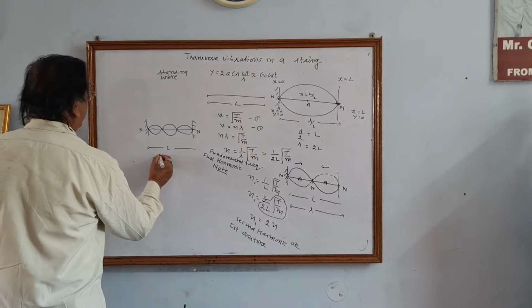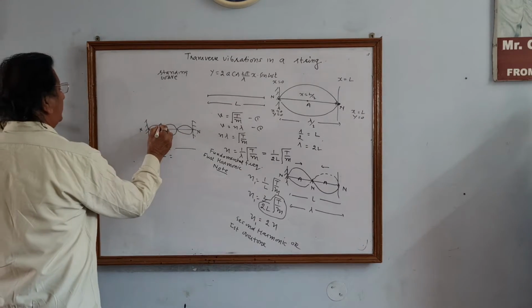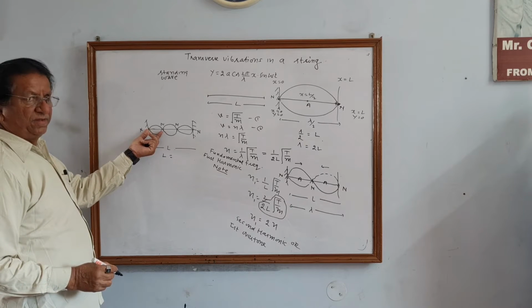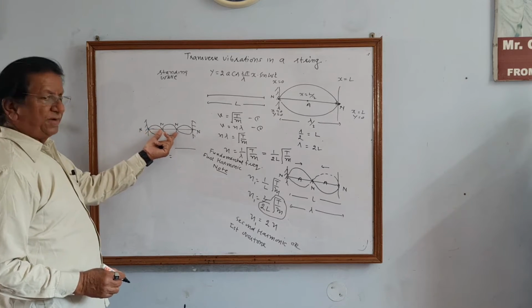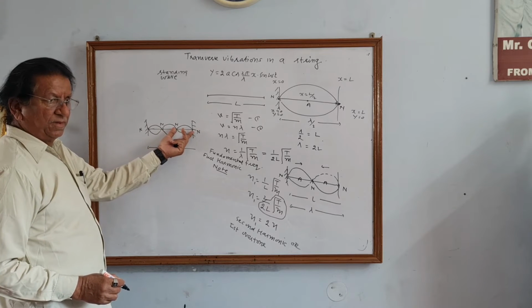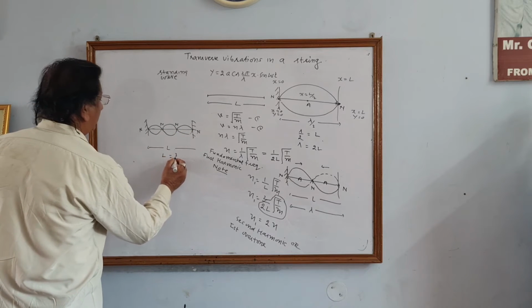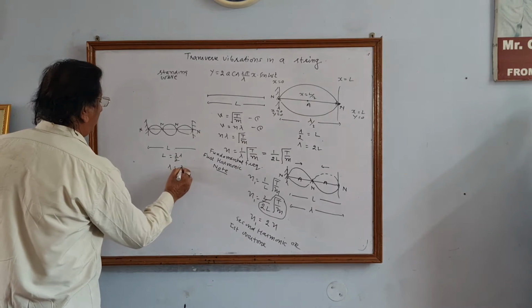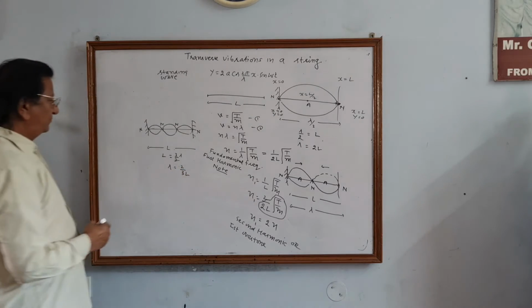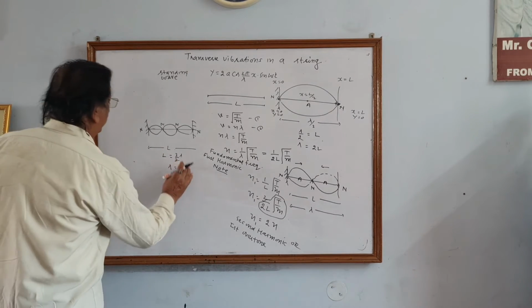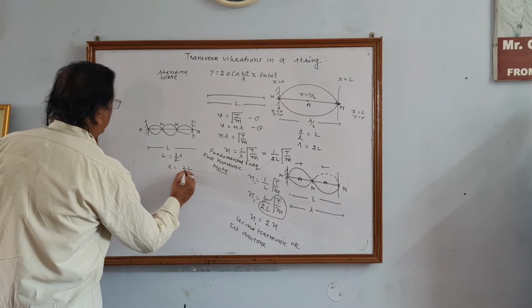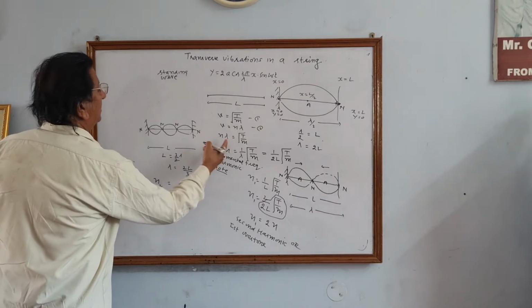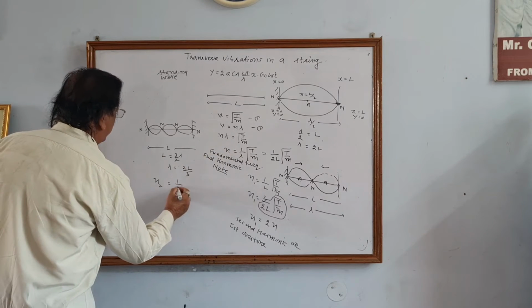In this case, what will L be equal to? This is a node, this is also a node. Between two consecutive nodes, the separation is lambda by 2. This is also lambda by 2. This is also lambda by 2. That means the total length will be 3 lambda by 2. And lambda, in terms of length, will be 2 by 3 L. Lambda is 2L by 3. Now the frequency, let it be N2, which is given by this equation,